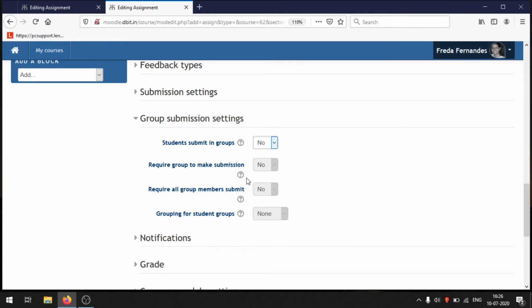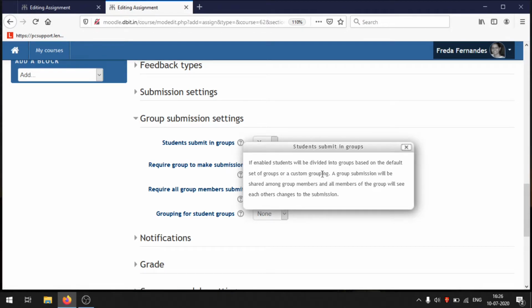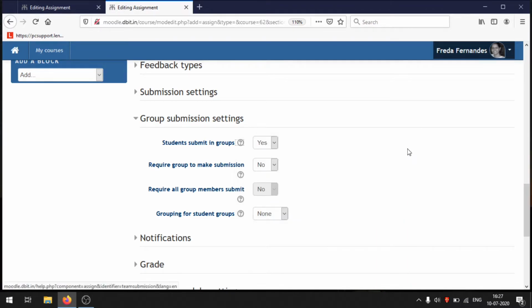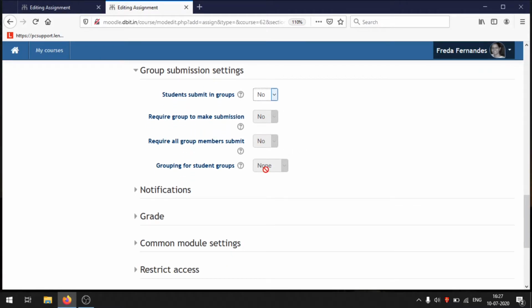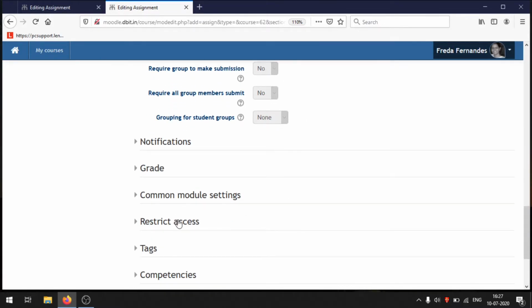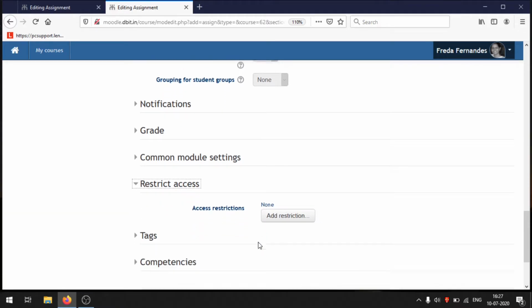The moment you say no, all these things will be deactivated. So if you expect the student to do a certain amount of peer learning activity, then they will be able to see each other's assignments. But say I choose no, so the rest of the options get deactivated. The next thing you need to do is restrict access.